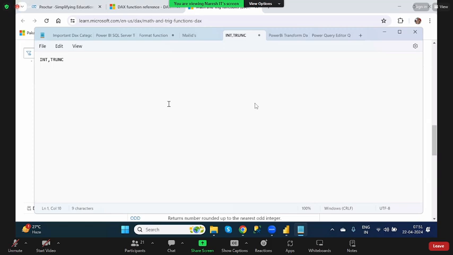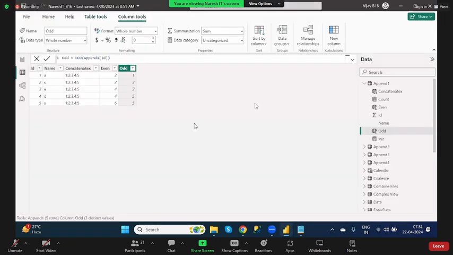Int always displays the values before the decimal point, whatever they are, as they are. Trunc displays the values before the decimal point and also the values after the decimal point, as they are. Understand or not? Let's see it practically. Suppose, for example,